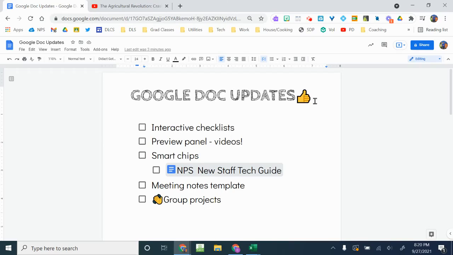Recently, there have been a handful of really noteworthy updates to Google Docs. We're going to run through all of them real quick in this video. So Google Docs recently introduced interactive checklists, an enhanced preview panel, which I think is especially key when it comes to inserting videos and having students watch videos, and working within a Google Doc,